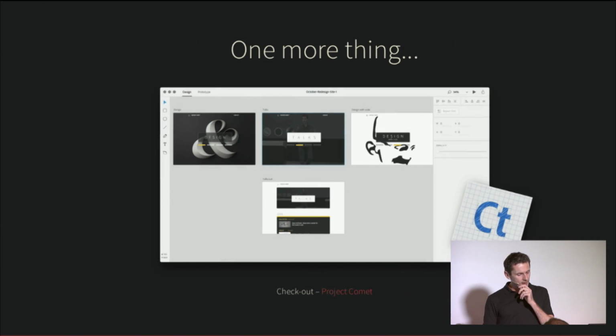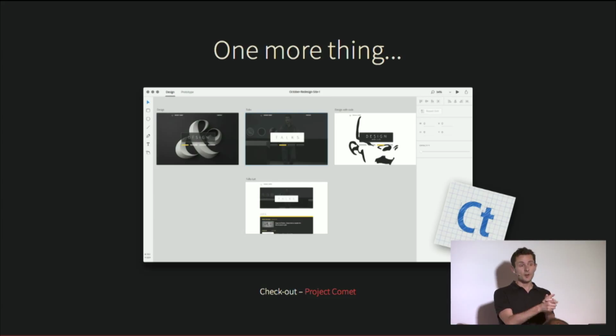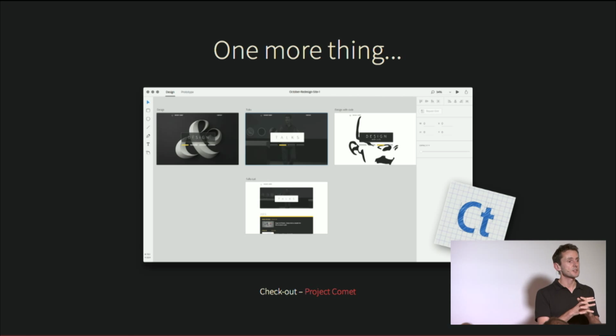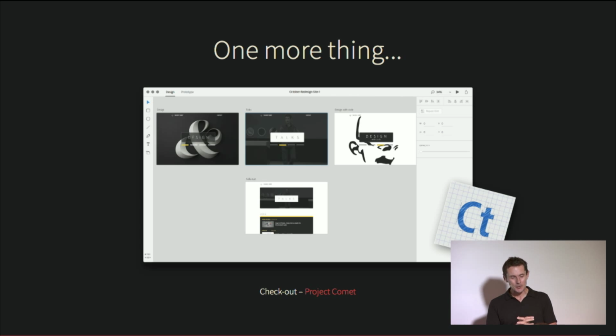Now, there's one more thing I want to talk about, because I described that I work at Adobe, and for a long time I was in engineering, managing our web products like Dreamweaver and the Edge tools and services. But I have a new job as of a few months ago on something I'm excited about, a new project called Project Comet, and it's a new design tool. One of the things we heard when I was working on the web segment was a lot of people telling us, well, what you're doing is great, you could fix this and that, like the Illustrator SVG export, but